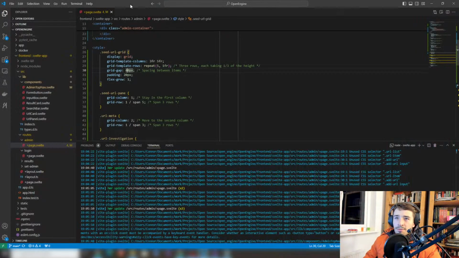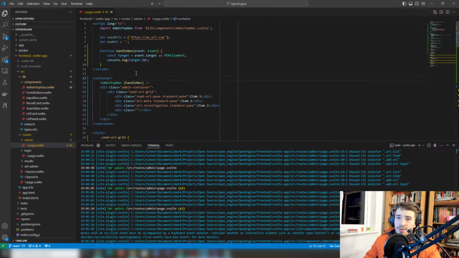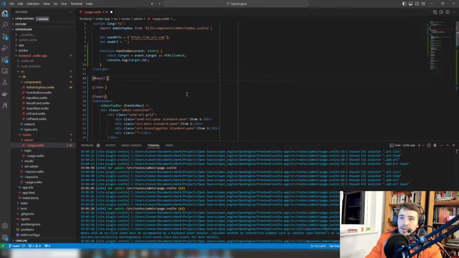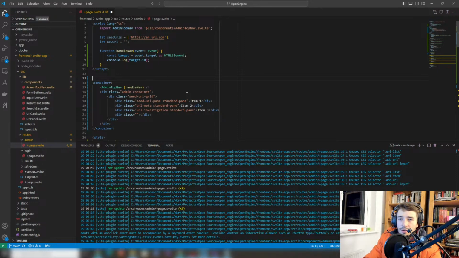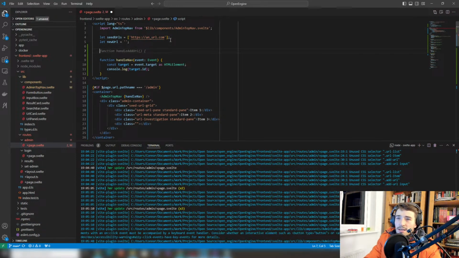Okay, so that's the first set of panes. Now, what I want to do is say, so this is how you can do, yeah. Oh, what was that going to say? So if it was going to say, if page URL equals path name admin. Yeah, don't really care about that. CDLs, don't necessarily care about that. New URL. What I want is